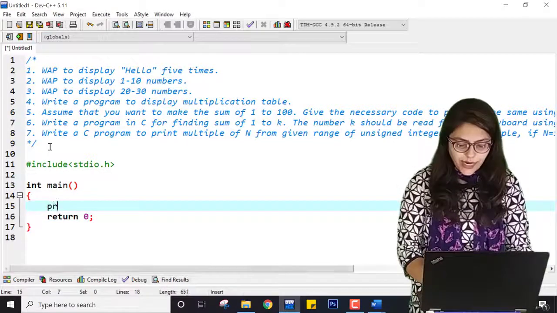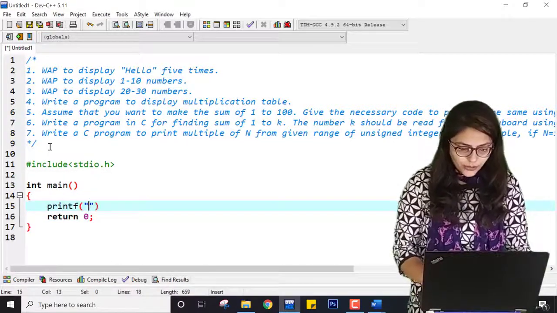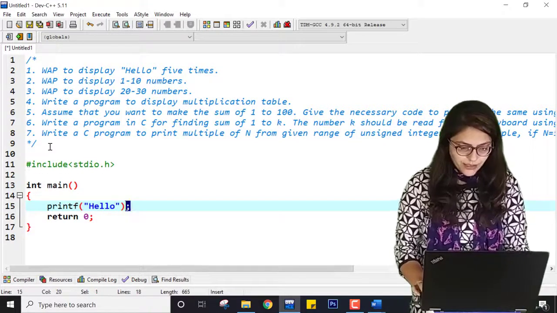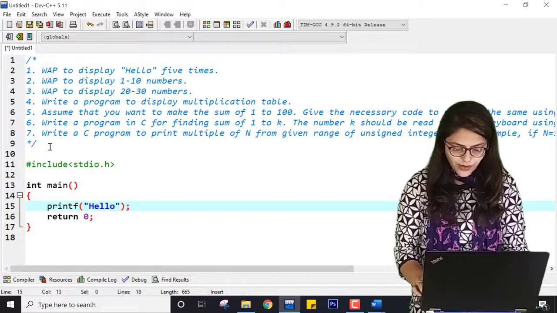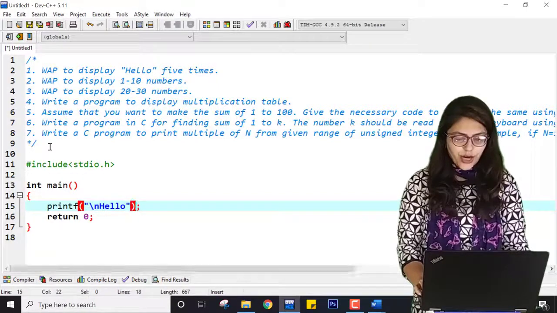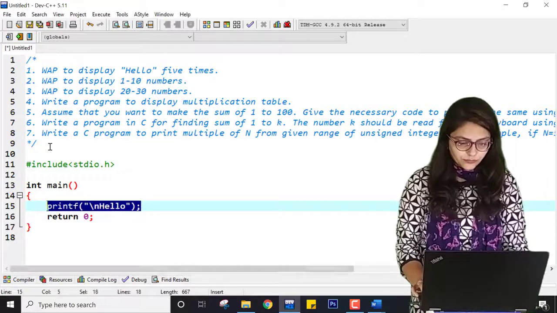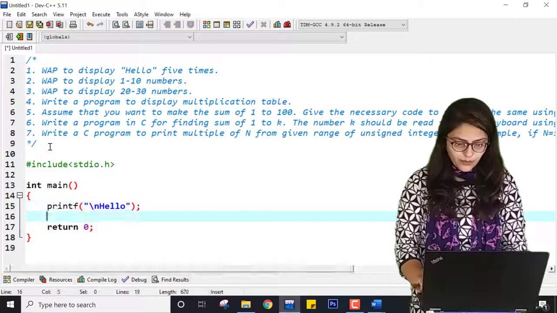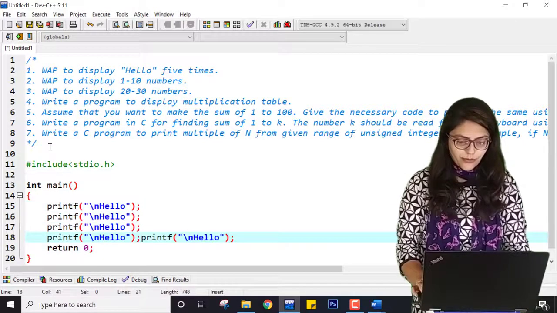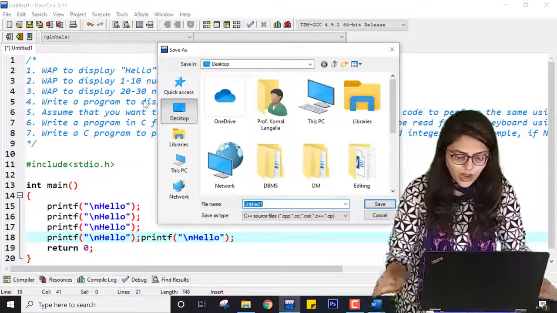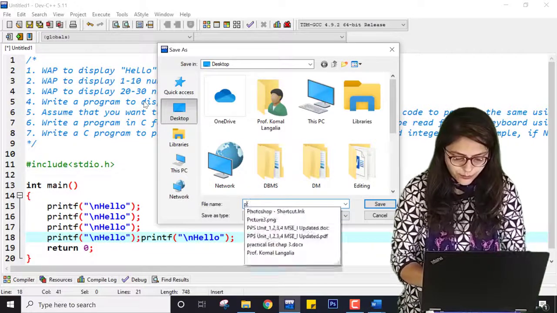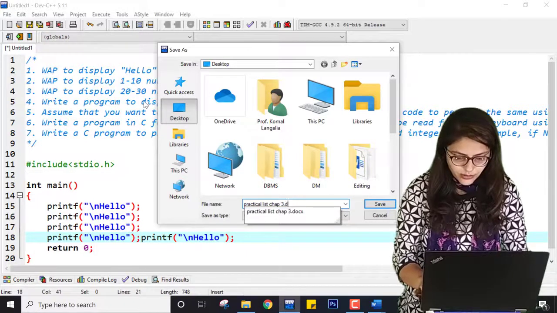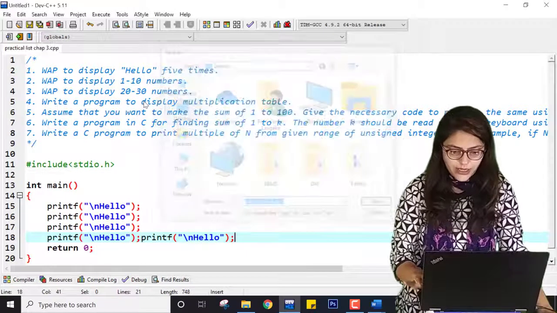If I tell you to print hello 5 times, either you can write hello this way 5 times, with \n, and here 1 2 3 4 5, right? Let me save this program as practical list or practical chapter 3 and save.